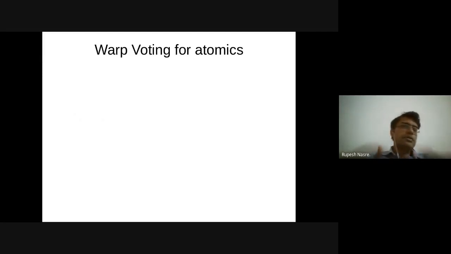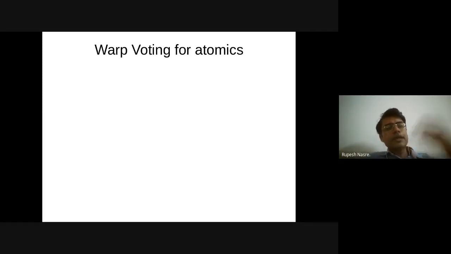So let's say you are incrementing a certain counter, right? Every thread is trying to increment, like we wanted to insert some elements into the work list, or we wanted to increment a counter for some reason. In such cases, each thread is independently incrementing the counter, and that counter is a shared variable which becomes a bottleneck, especially when a large number of threads want to update it.